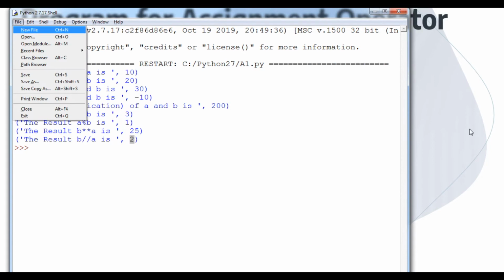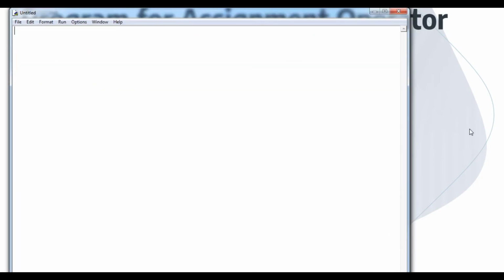We are going to open a new file, with the same heading: a program for assignment operator. Here I am going to directly print the value of a is, separated by a.